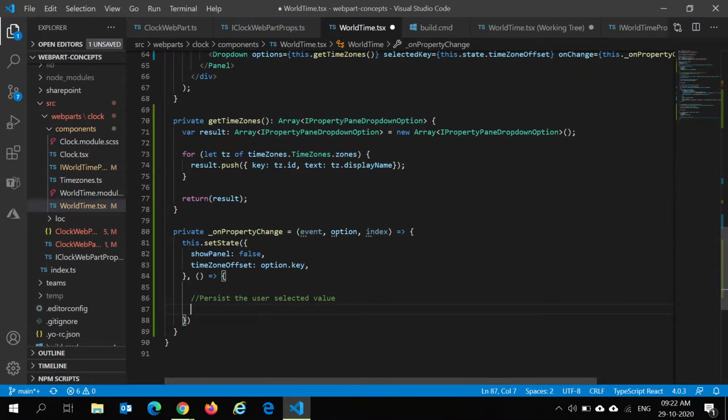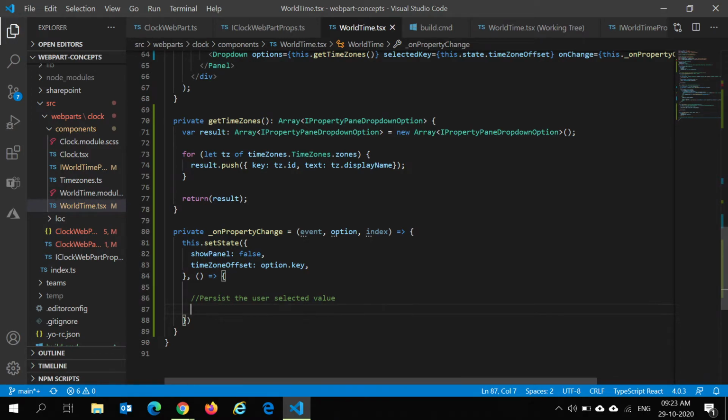So what is local storage? Local storage is the browser's cache, which can be persisted for a session or for a longer period of time. When we persist it for a session, as soon as the browser is closed, that value is lost. And we can also use the local storage which persists for a longer time, where we can set the expiry. In that case, whenever the user opens the page from the same browser, for the subsequent times, it will always know what the user has selected because that is saved in the local storage.